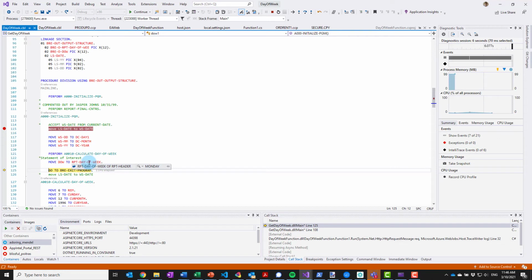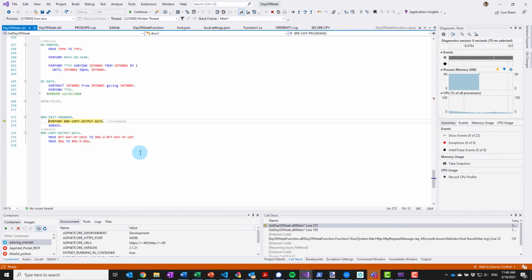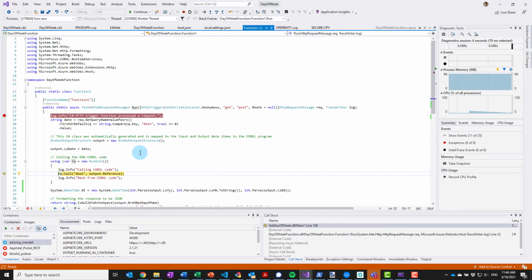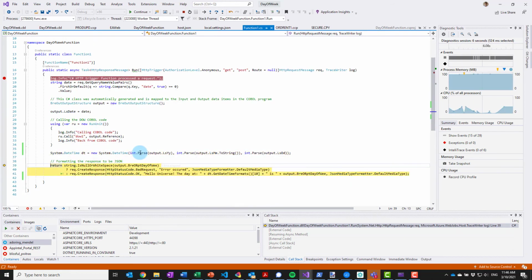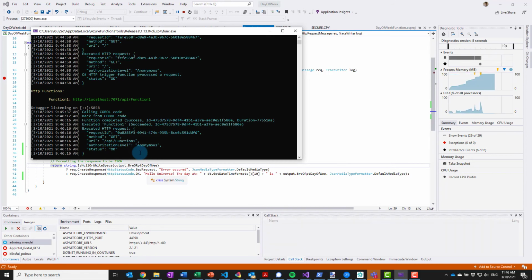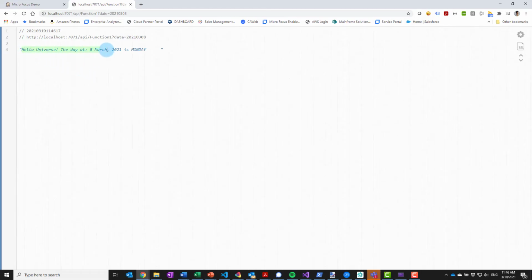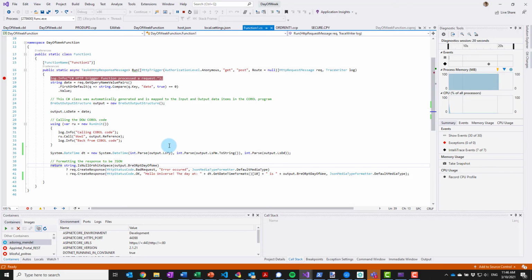Here we have the value, it is Monday, the result, and now we're copying the output and going back straight to the C# code, and you can see that it is now available here. And if we just continue, we'll see that we got the response: Hello universe, the day is Monday.